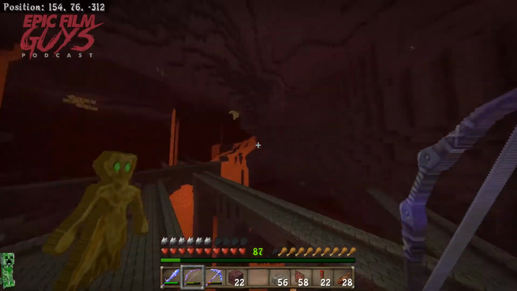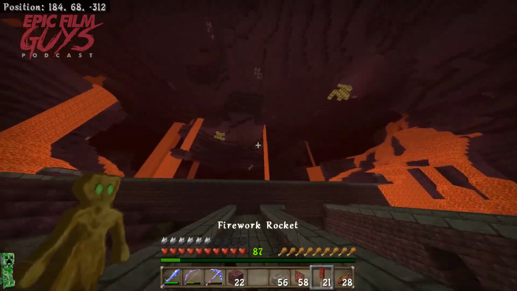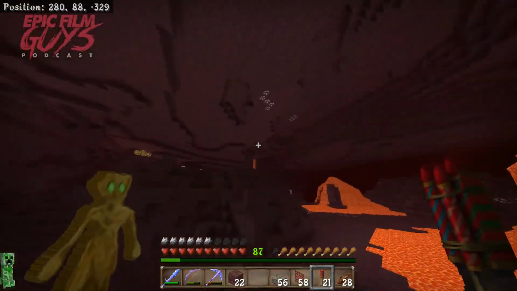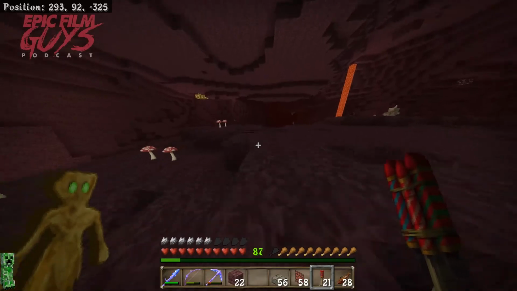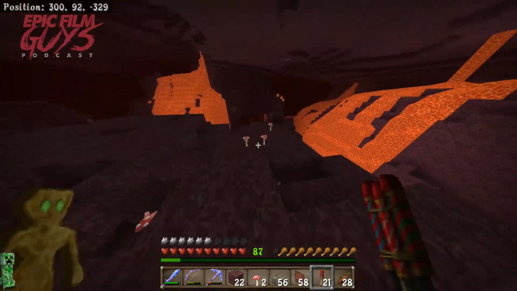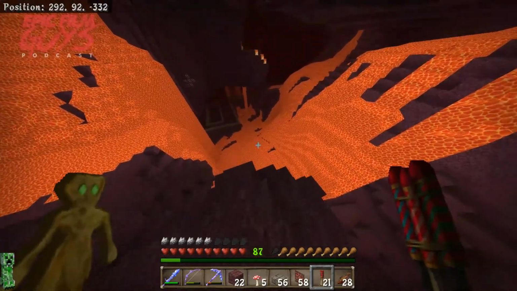And ghasts are... If you thought you hated ghasts before, try building a farm with glass in the Nether. Yeah, it is maddening. It is absolutely maddening, folks. But we got to get some more lava. We got to come up here. And yeah, you can see just how much lava work I'm actually doing here. How much lava is actually being...